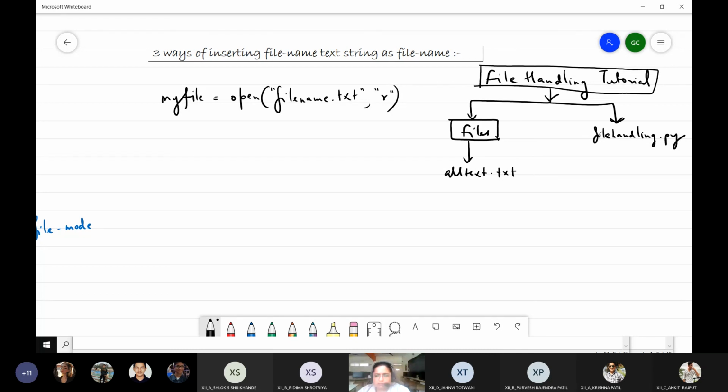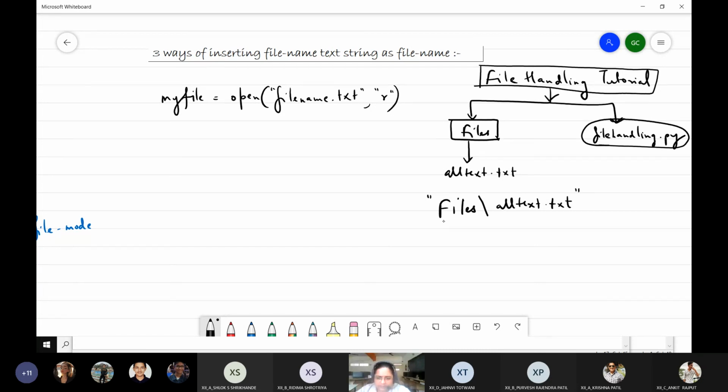So now if you run my file handling.py program, it is not going to find the all text.txt file within the file handling tutorial folder, because it is not directly inside it. It is inside the folder within it. That means its path should be like this: within the current folder, we know that the program is within the current folder.